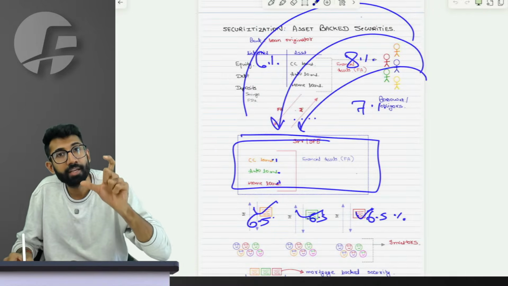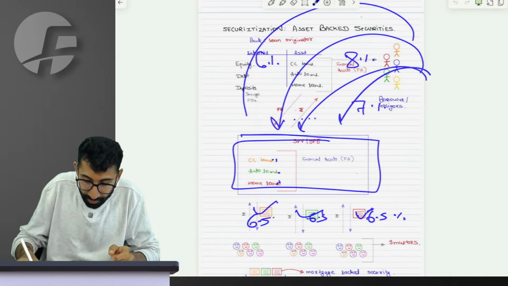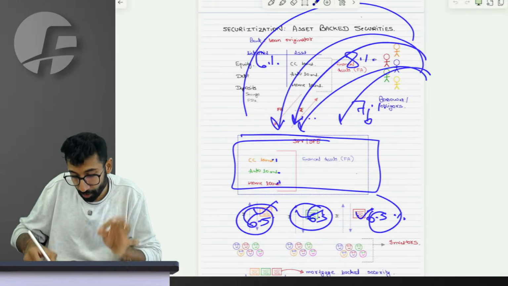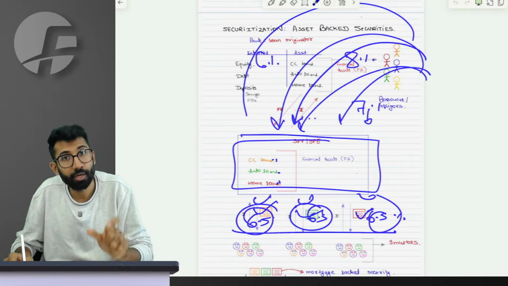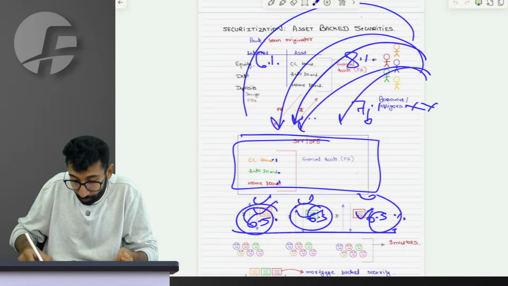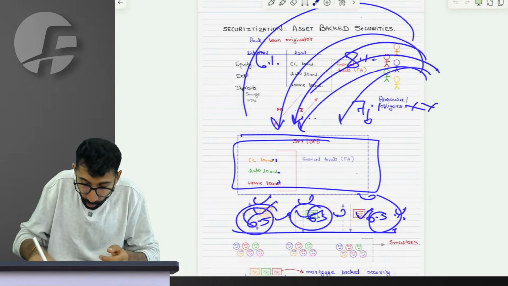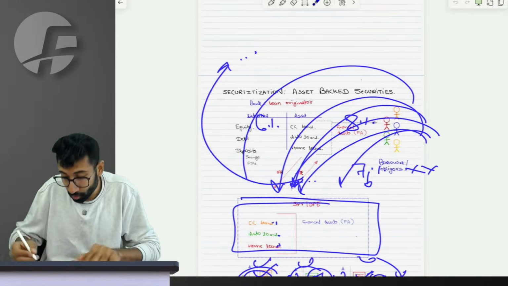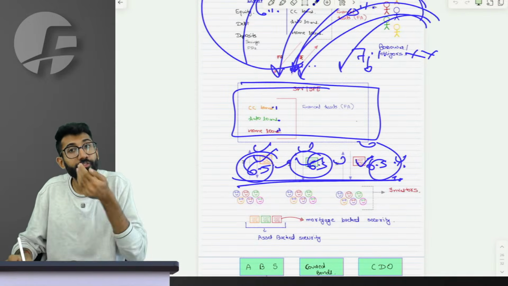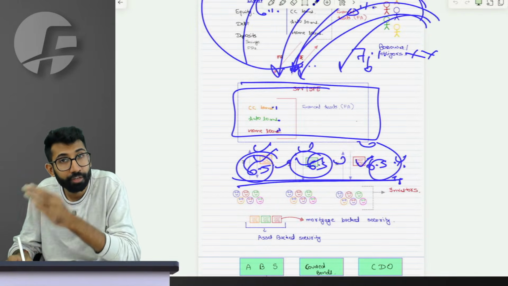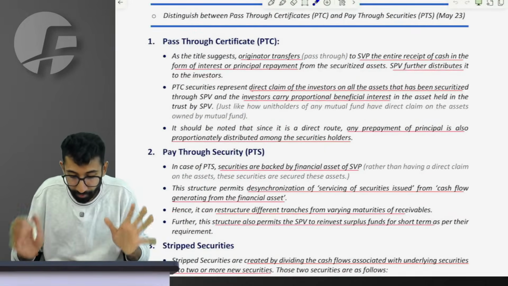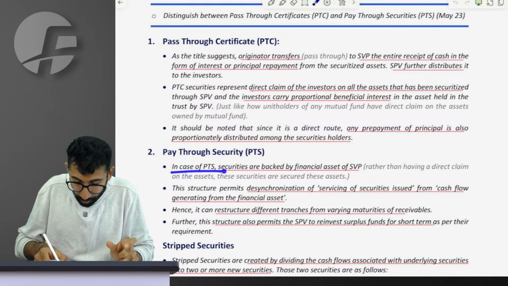So there is a desynchronization. Sometimes you receive less, but you have to pay more. Sometimes you receive more, but you have to continue to pay the same fixed amount. Sometimes they default, but you have to continue to pay them. Sometimes you receive extra, so you have to reinvest it somewhere because you can't pay them right now, because what you have committed to them is a different thing with a different time interval, and what you will receive is a different thing. Sir, in case of pay through security,